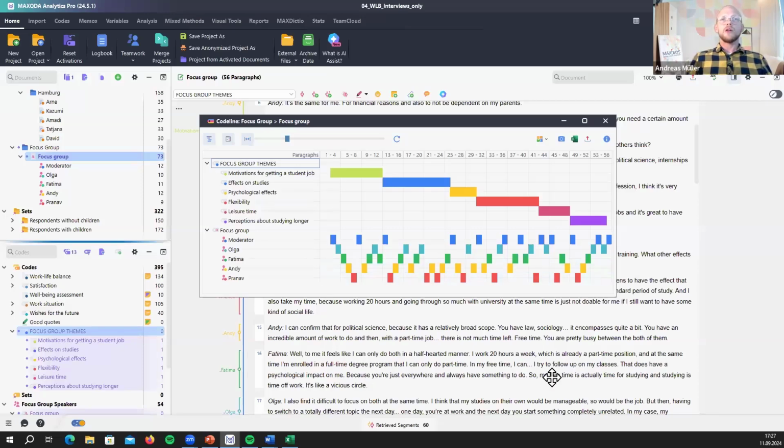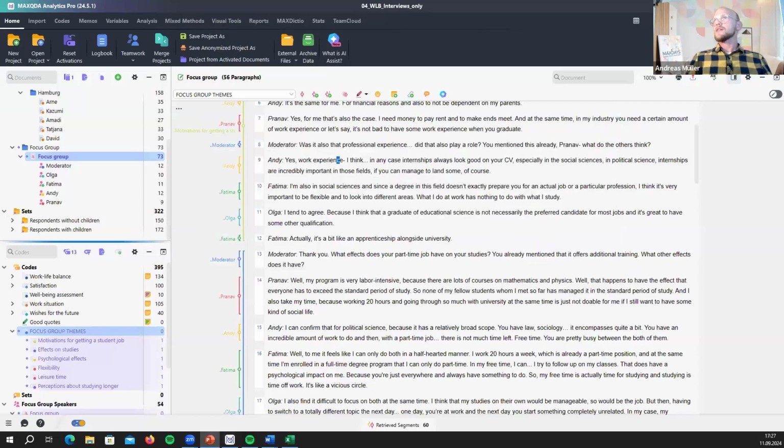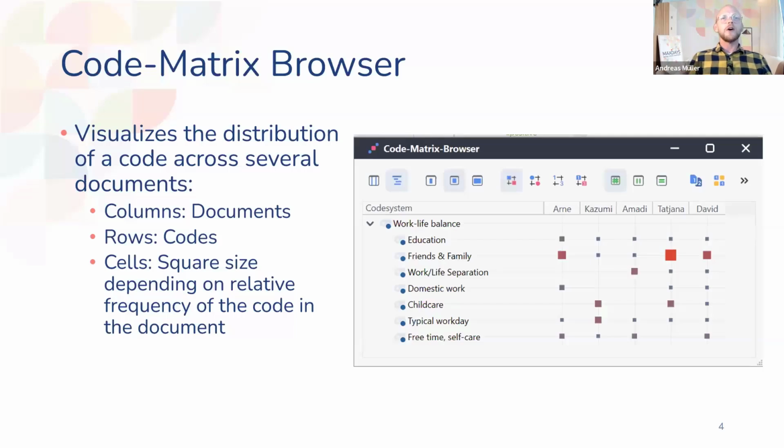I will then move on to the next visual tool, and that is the code matrix browser. It's also one of my huge favorites, and I also show it here because I use it for quite a different purpose than the code line. Here we see a code matrix browser, and what the code matrix browser does is it visualizes the distribution of a code and its coded segments across multiple